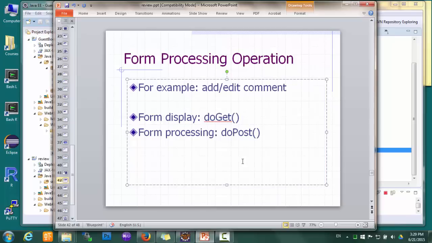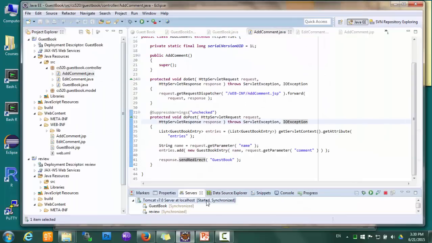In other words, we use one servlet to handle both sub-operations. It is, of course, possible that you split this into two servlets, and there's nothing wrong about that, except that you have to create one additional servlet. But the convention is to use doGet to do form display, doPost to do form processing, and it makes the code a little bit more compact, and it's just how typically this thing is handled in Servlet. Okay, so